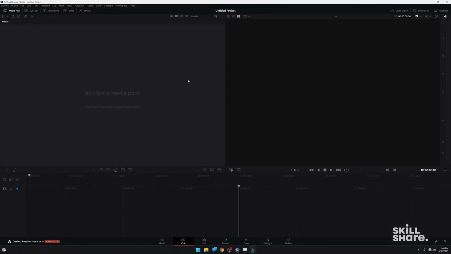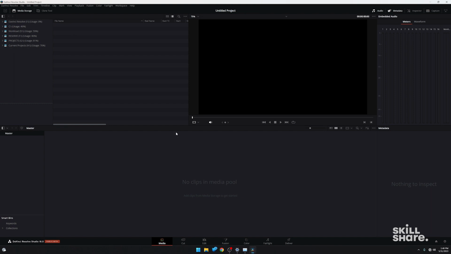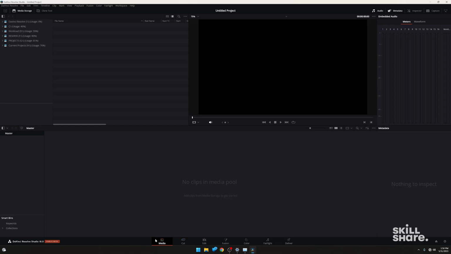So we'll click on that, and the first page that we'll see is the cut page. Now, the cut page is not generally where you'll start. Where you'll actually start is in the media page. And this is where you can access your hard drives to bring media in to the media pool. And the media pool you can actually access on any tab in DaVinci Resolve, which is extremely helpful because you never know when you need to bring in that little clip or that little sound effect or that logo to either animate or manipulate. Across the bottom, you'll see all the different tabs that you can get into in DaVinci